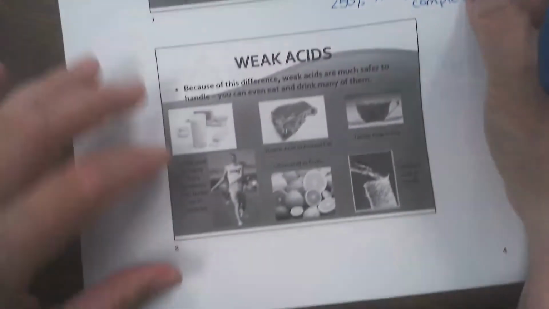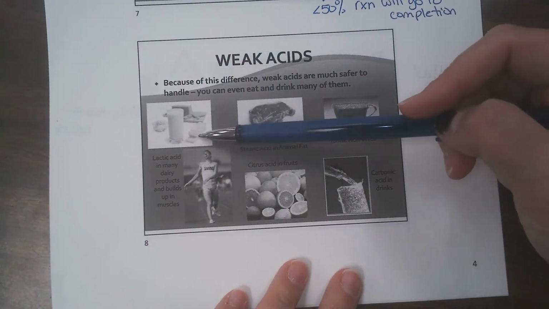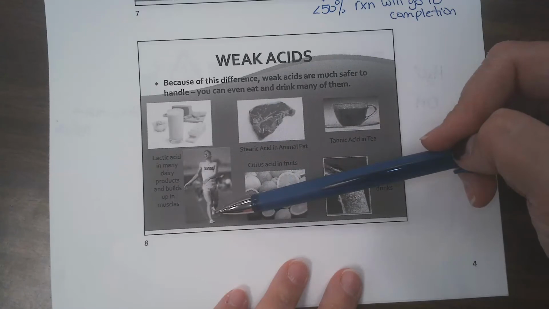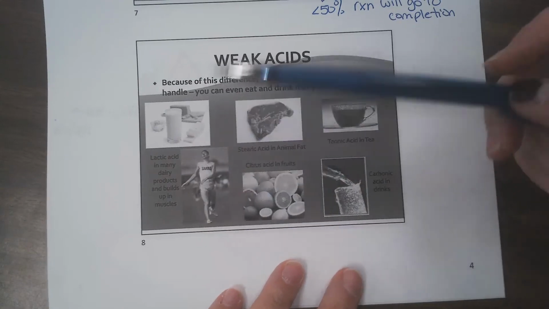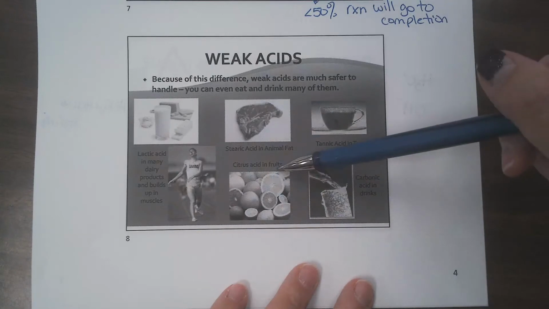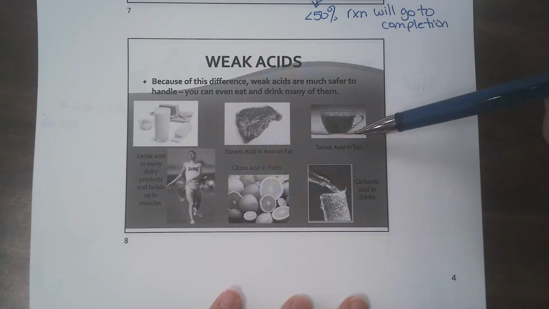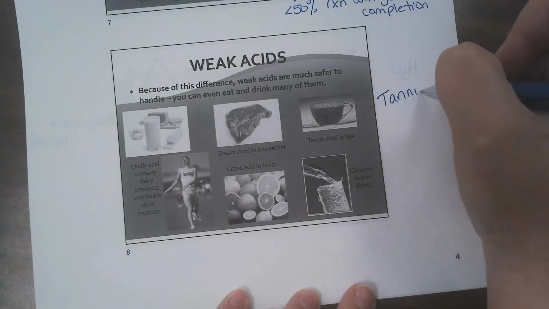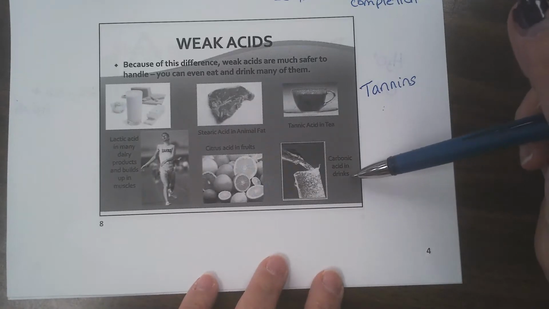Weak acids, remember I told you, are found in our food system. Lactic acid is a common product within a milk product. It's also part of the Krebs cycle when we're exercising and we get muscle cramps. It's the buildup of lactic acid in our body. Here we have stearic acid that we find in animal fat. Citric acid that we find in fruits, so limes, lemons, oranges. Tannic acids in tea and coffee, they're called tannins. These are what I'm allergic to. I can't drink tea. And carbonic acid in drinks.